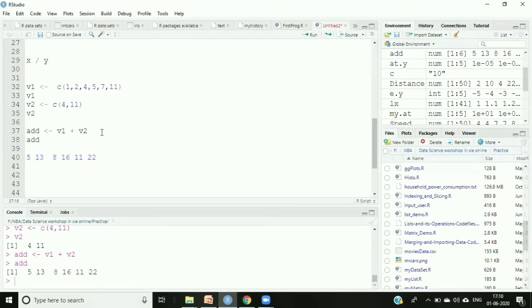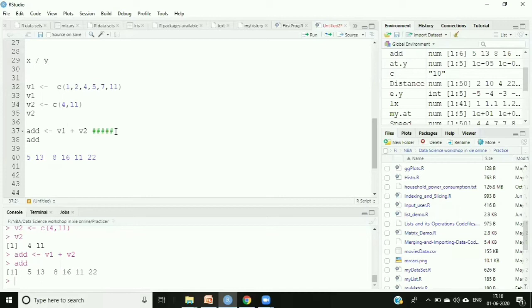Sorry, one more important thing, how you can write the comments. Okay, what are the comments? Comments means the lines which our language will ignore. For example, I can write in this way, with the help of this hash sign, and it will ignore it, right?